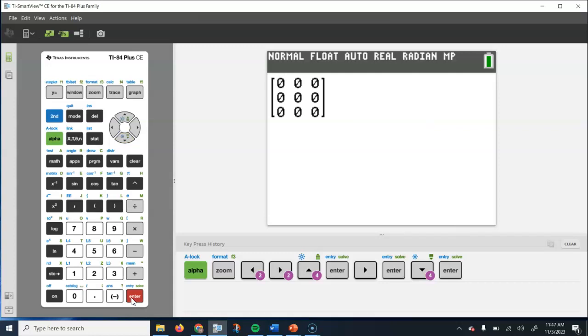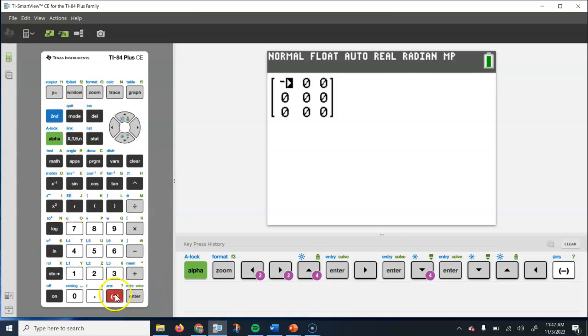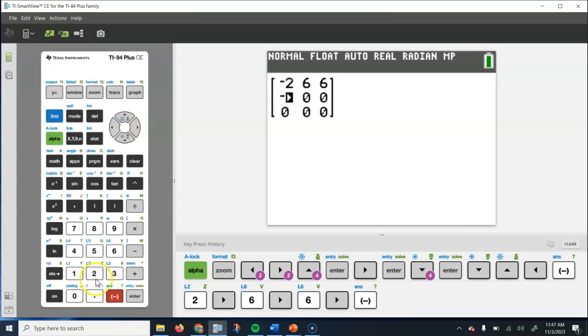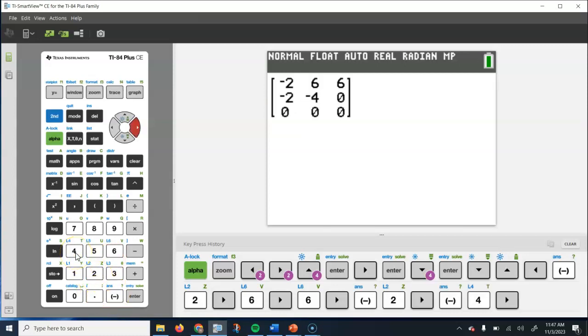Now it's always easiest if you go across. If you try to go down, it makes it a little bit trickier when you go to do negatives and things. So just enter in across and just keep hitting the right arrow after you enter in each digit. So we do -2, then go to the right. 6, 6, go to the right again, and it automatically goes down to the bottom left, or the next row in the left spot. So then we'd type in -2, go to the right, -4, to the right, -5, to